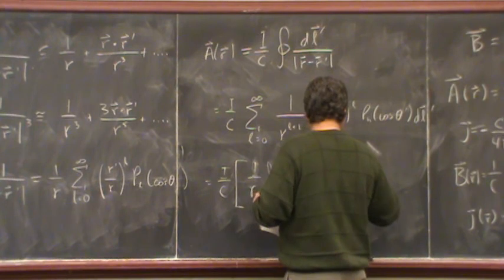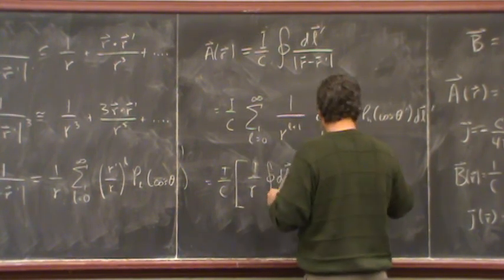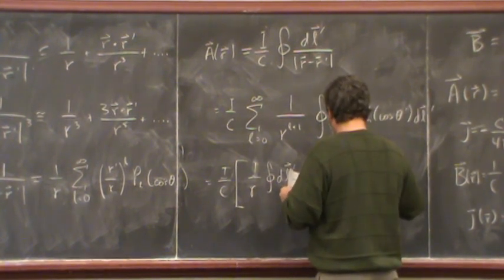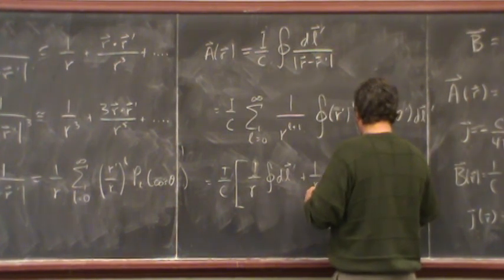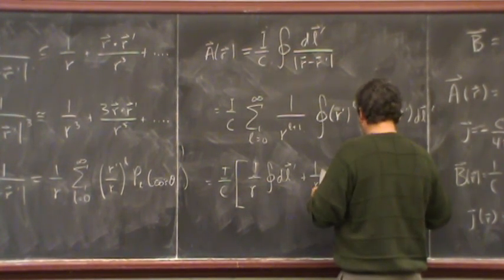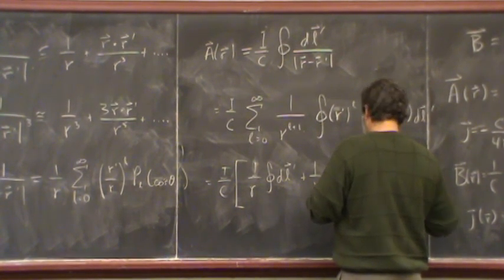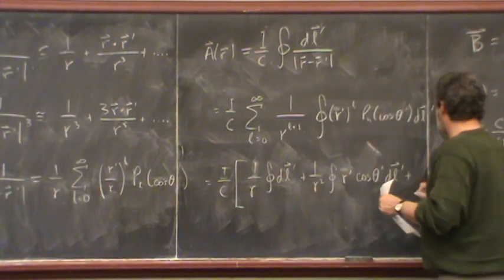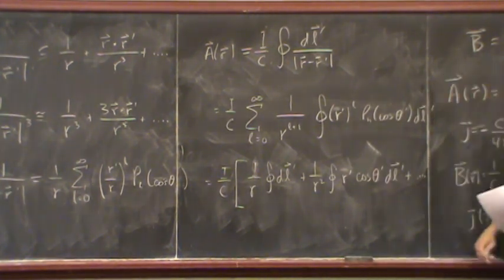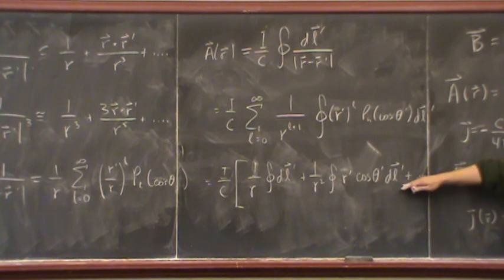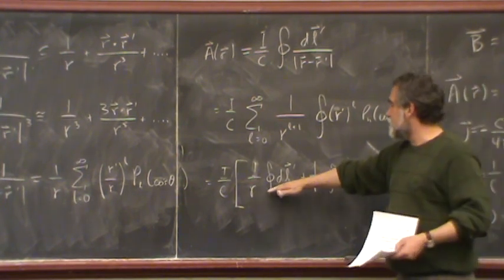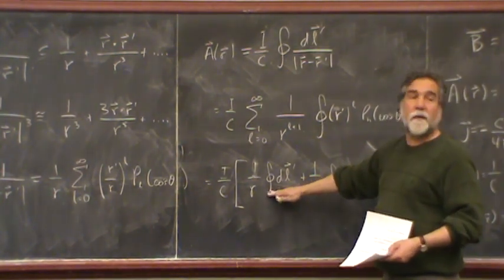Then 1 over r squared, integral over the closed path of r prime cos theta prime dl prime, plus other terms. So that would be my first order term, after the monopole. Next